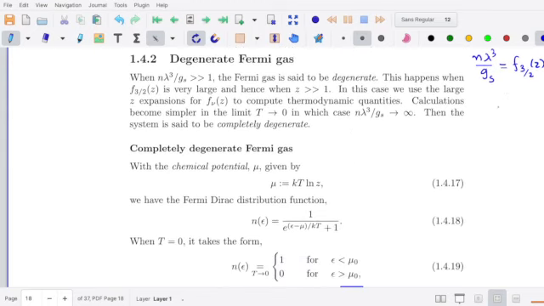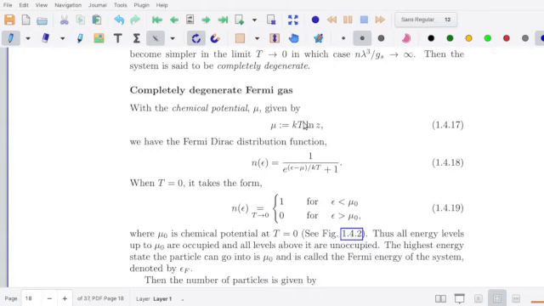Now as temperature T tends to 0, lambda cubed tends to infinity, and this limit is what is called a completely degenerate Fermi gas. And it is easy to do calculations in this case because the Fermi-Dirac distribution function assumes a simple form, and that allows us to do calculations in a much simpler way. So we now consider a completely degenerate Fermi gas, and we already know that the fugacity z can be written in terms of the chemical potential as z equal to exponential of beta mu,